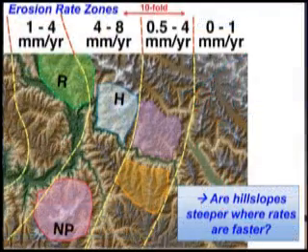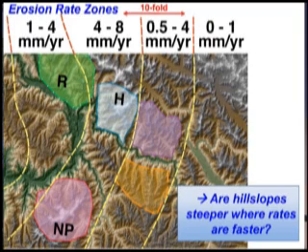So how about the topography? How does it vary across this range in erosion rates? We might suspect that high rates would correlate with steeper topography, for example. So we use the digital topography across this more than 10-fold range in erosion rates, collect up all the hill slope data,